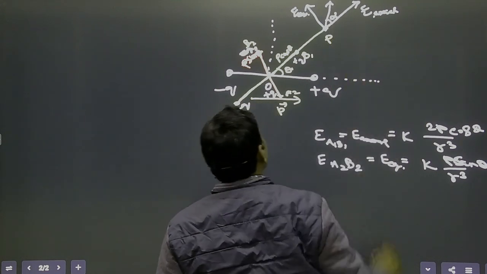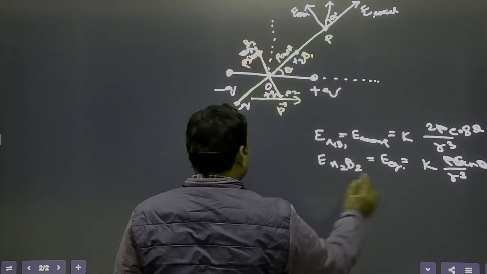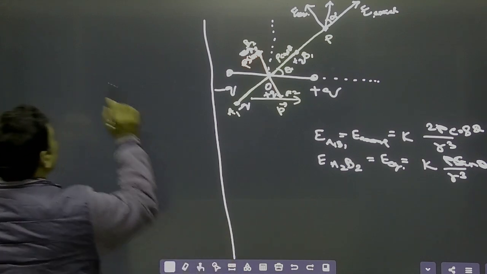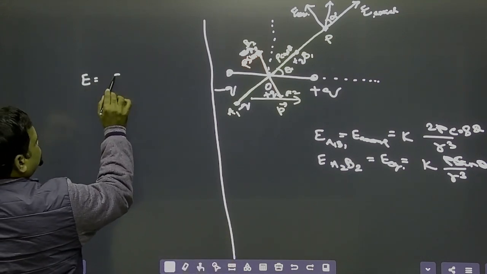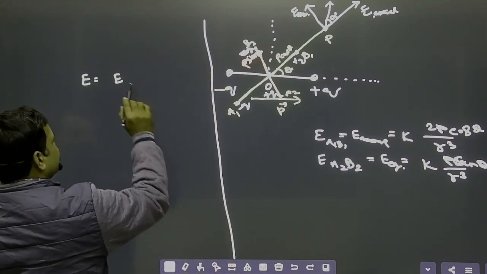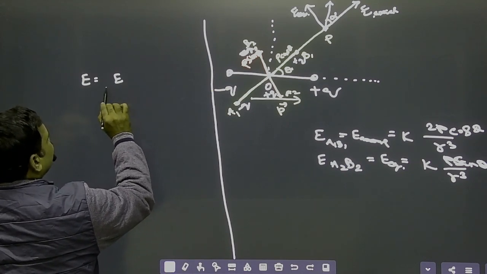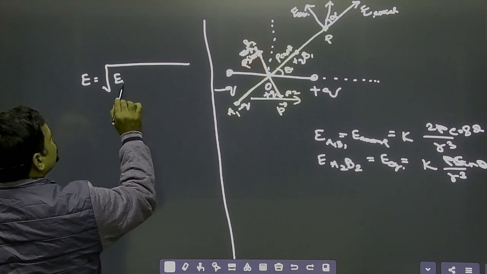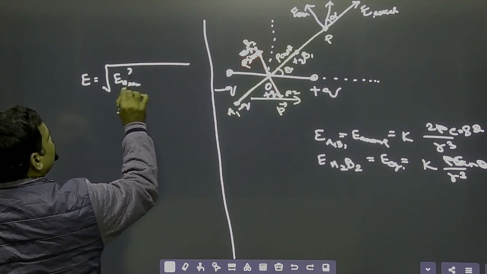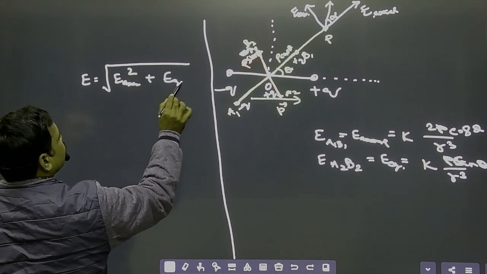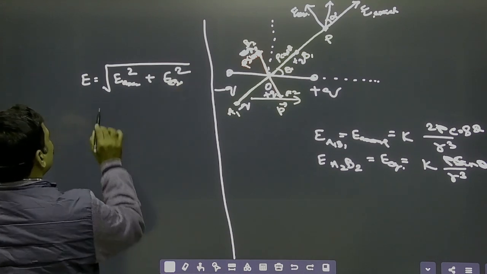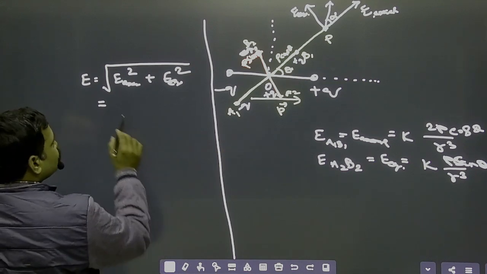So we can find out here the resultant R, or the electric field E, will be equal to... The angle between them is 90 degrees, so we can apply the parallelogram law. So this will be the square root of E axial square plus E equatorial square. So if we find out the value, this will be